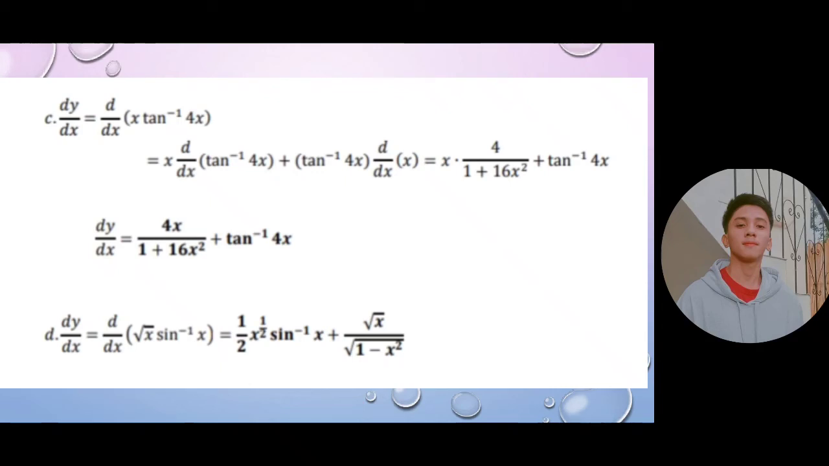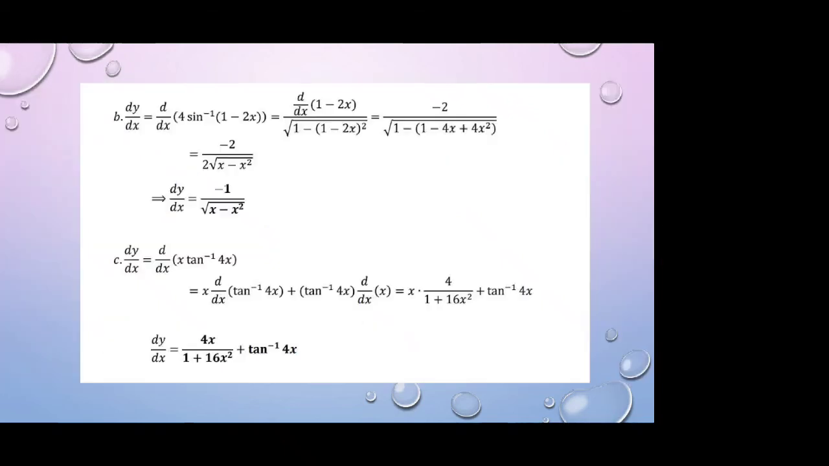the square root of x. So next, copy 1/2 x raised to negative 1/2 sine raised to negative 1 of x plus 1 all over the square root of 1 minus x squared times square root of x, which is square root of x all over the square root of 1